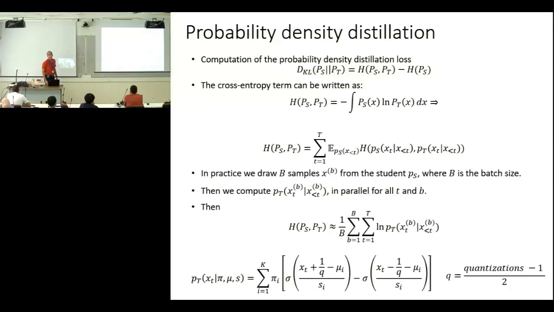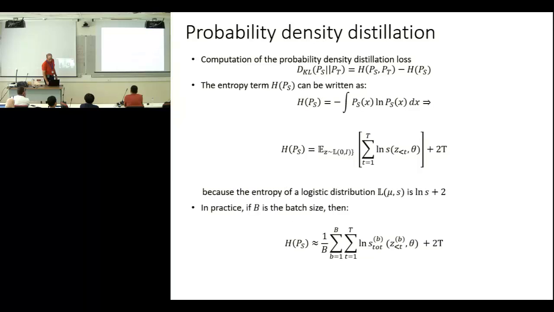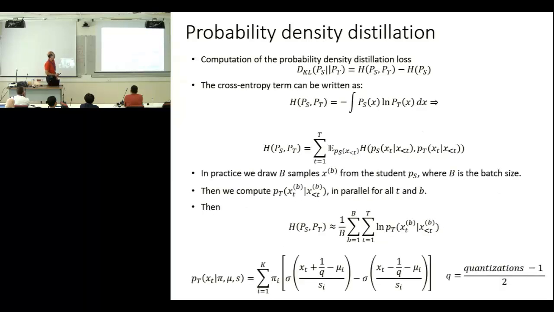Sorry, Vassilis. Can I ask, why do we order the terms in this way in the KL divergence, as opposed to switching them? Why do we calculate the KL divergence between the student and the teacher rather than between the teacher and the student? Because it's not a metric, it would make a difference whether we calculate the KL divergence between the student and the teacher, or between the teacher and the student. Why do we choose this as opposed to the other? We have first the student and then the teacher.